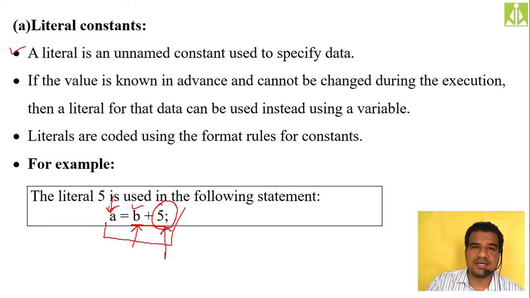So can we make this 5 a 10? No, it is not possible. We can't make 5 a 10. It is a standard, it is approved, it is followed throughout the universe, it is 5 only. When you say 5, it represents 5 as a count. Being a literal, it represents 5 as a count over there. That's the reason we call it a literal constant. Hopefully you understood. We are not giving any name, identifier or variable to it. Directly we are specifying the value, the 5 value over there.